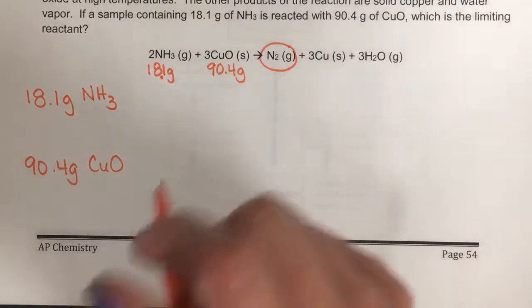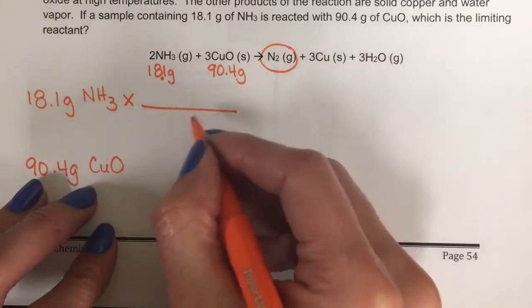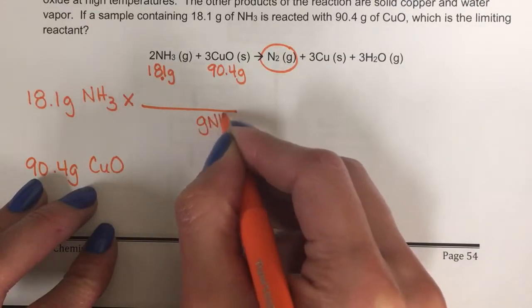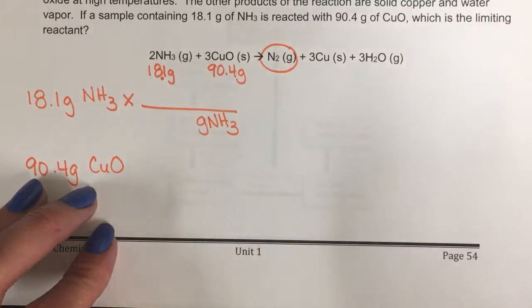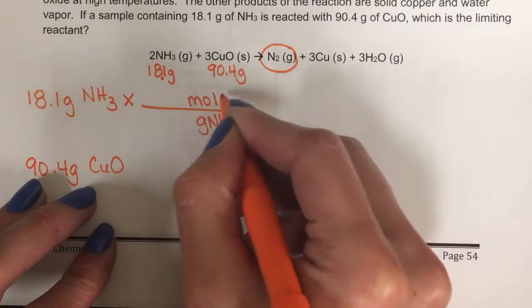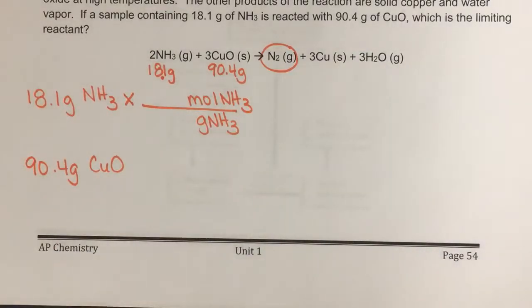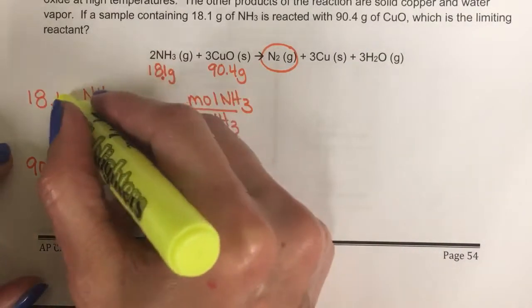Whichever one runs out first is my limiting. So I've got grams of NH3. I want to make that go away. Step 1, I'm going to change it to moles. Okay? These are stoichiometric calculations,